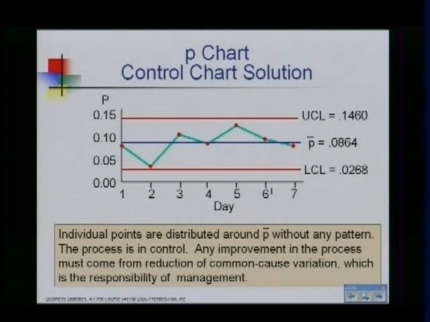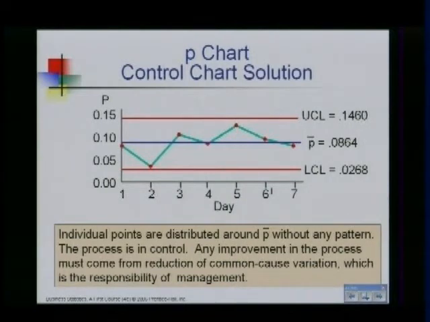Day 1, 2, 3, 4, 5, 6, 7. All the values are within the control limits, and there aren't 8 points above or below the line or going up or down. So this is what I would conclude. Individual points are distributed around P bar without any pattern. The process is in control, no values above or below the limits, and therefore, if we can reduce common cause